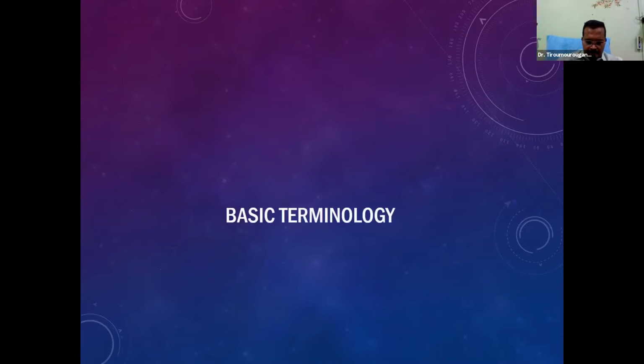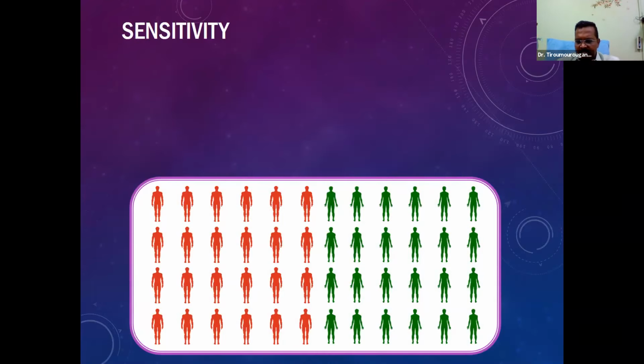Now, this is a bit odd, isn't it? We talk a lot about rapid diagnostic tests and use a lot of terminologies, and still we do not have a good comprehension of some of the commonly used statistical terminology. There are four terms which I'm going to talk about. One is sensitivity. Now think about any population. There will be some people who will be infected, and in this diagram I have mentioned it as red, and then the rest of them who are not infected, which are represented by the green.